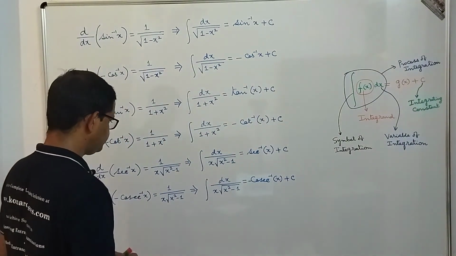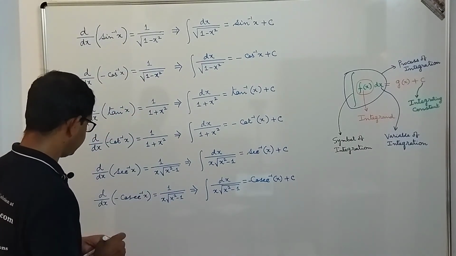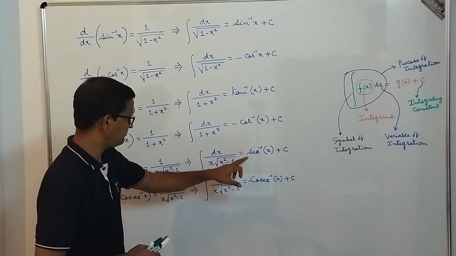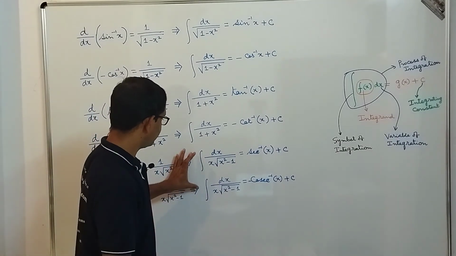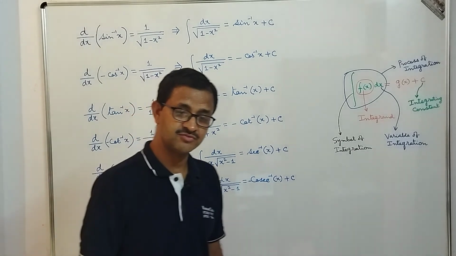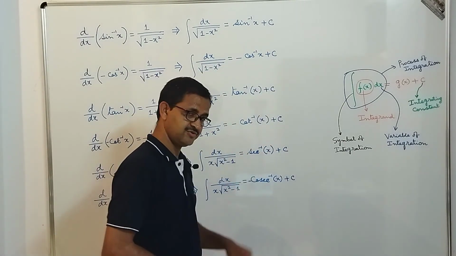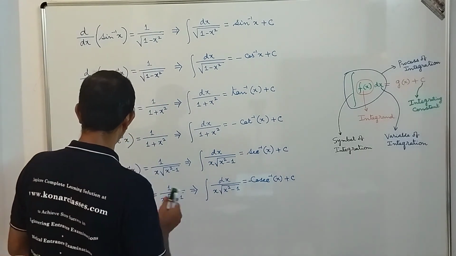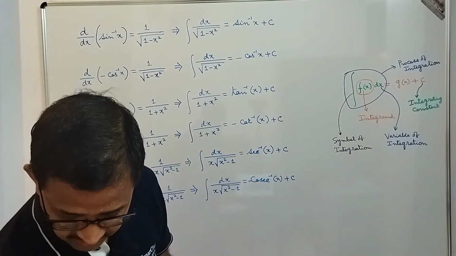So now you may think that the differentiation of these two gives the same function. Possible, that's why it is indefinite integration, right? We have the same integrand, that is 1 by x into square root of x square minus 1, but it has two different values. That is why it is indefinite integration. But if we find the definite integral later, we will see that it is the same value. Now let's proceed with the other set of formulas.